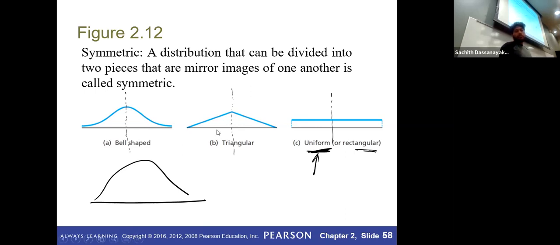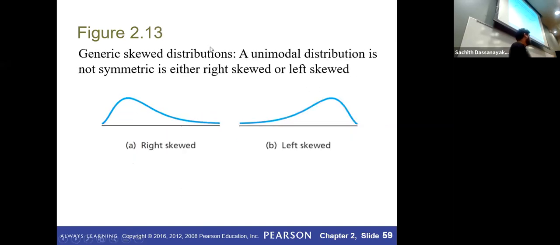Anyway, using those two properties, we can identify shapes. But consider unimodal, which means we have one peak. There are three types of unimodals. The middle one is this shape, which is symmetric about this axis. We call it a perfect bell shape, or simply bell shape. If it is symmetric, we call it a perfect bell shape, right?